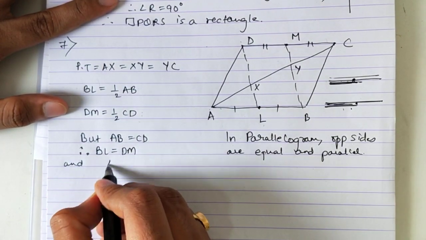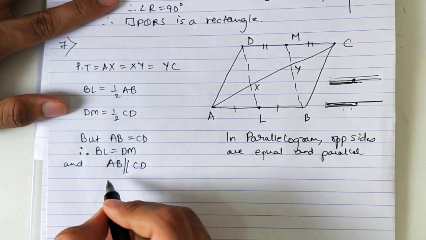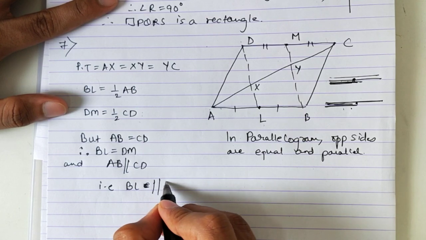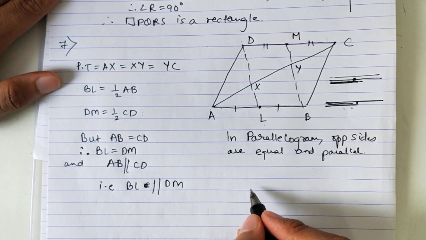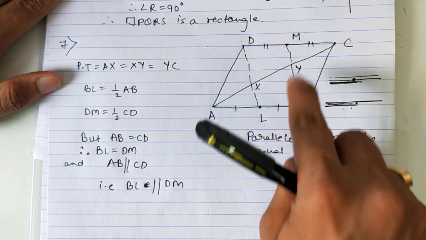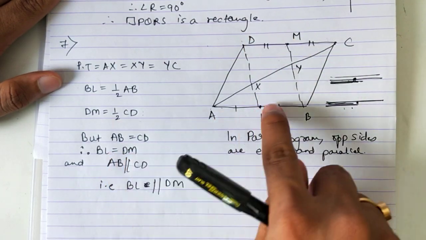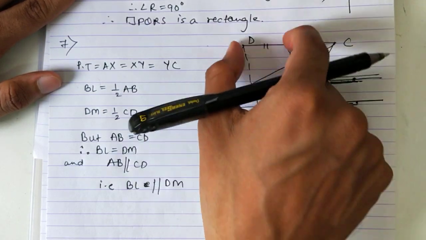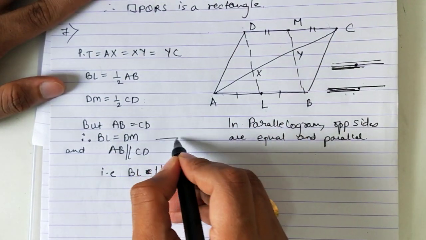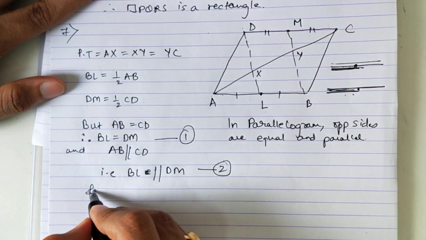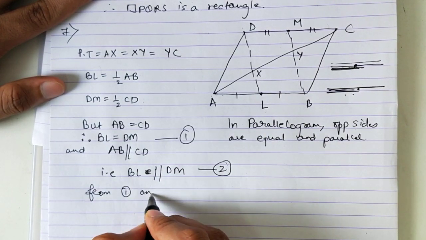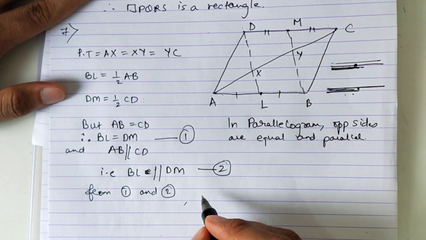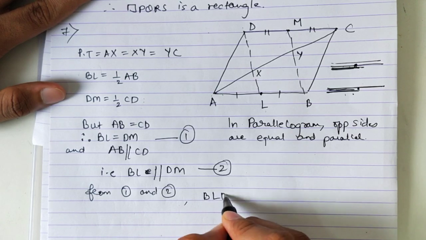AB is parallel to DC, that is I can write BL is parallel to DM. So this line is parallel to DM, BL is parallel to DM and BL is equal to DM also. तो ये दोनों चीज़ प्रूव हो गया कि ये दोनों parallel भी हैं और ये दोनों equal भी हैं. तो अब इससे क्या होगा? So from 1 and 2 we can say that BLDM